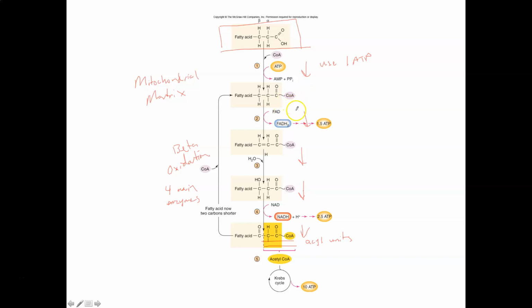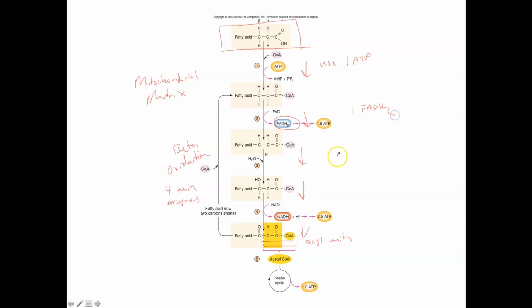In the next reaction, what you see is the generation of an FADH2 molecule. So we're going to generate one of these high energy molecules as we run this second step of the reaction. So first step, we use up an ATP, but in the second step, we are getting 1